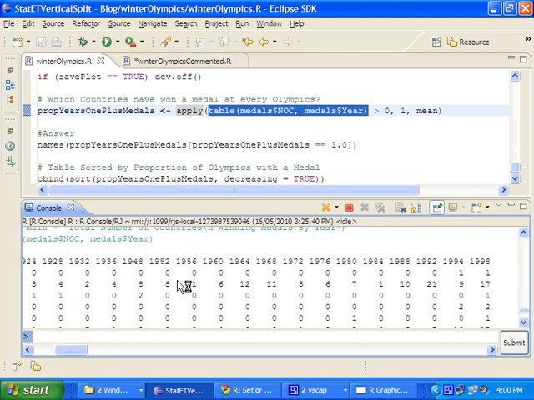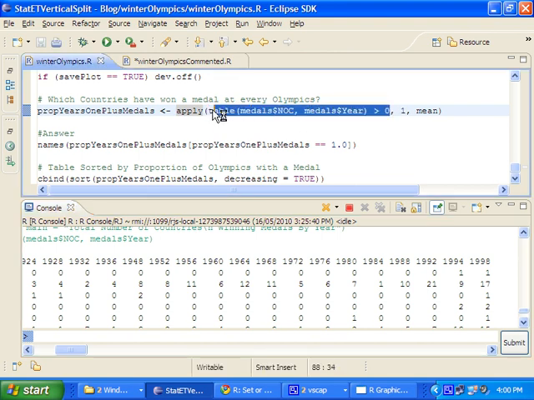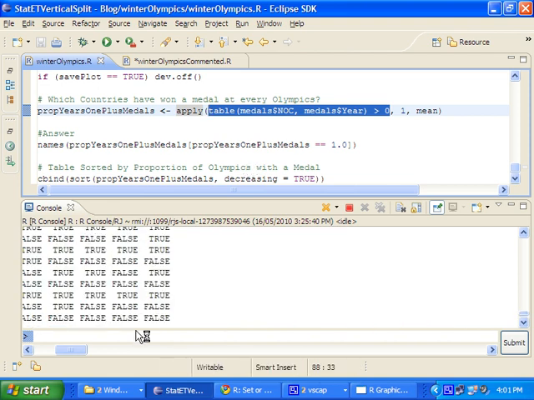So if we have years and all the countries, a lot of years, and I'm saying, well, which of these values in this large cross tabulation, which is ultimately a matrix, is greater than 0? And so what we see here is true or false based on whether that country won a medal in that year.